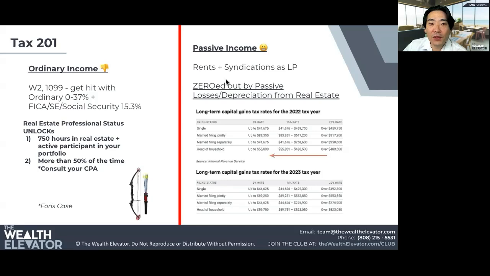Okay, so now I'm going to introduce real estate professional status here. The cool thing about passive income, other than the fact that it's cool and passive, from a tax perspective, when you make passive income through rents or syndications, you can take the depreciation or losses from that deal and other deals. The key designation to talk to your CPA about is grouping your entire investment portfolio. That's the key. I think that's what trips up a lot of folks out there. But you cannot use the passive losses or depreciation to offset your ordinary income, right?